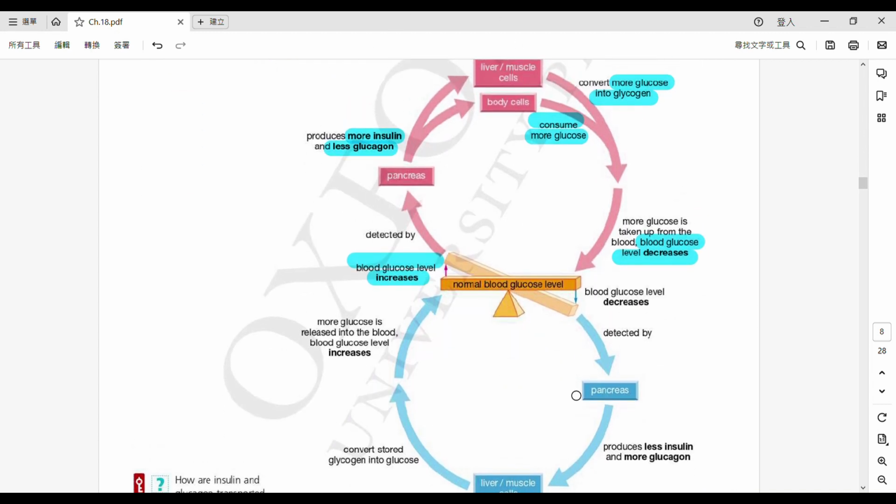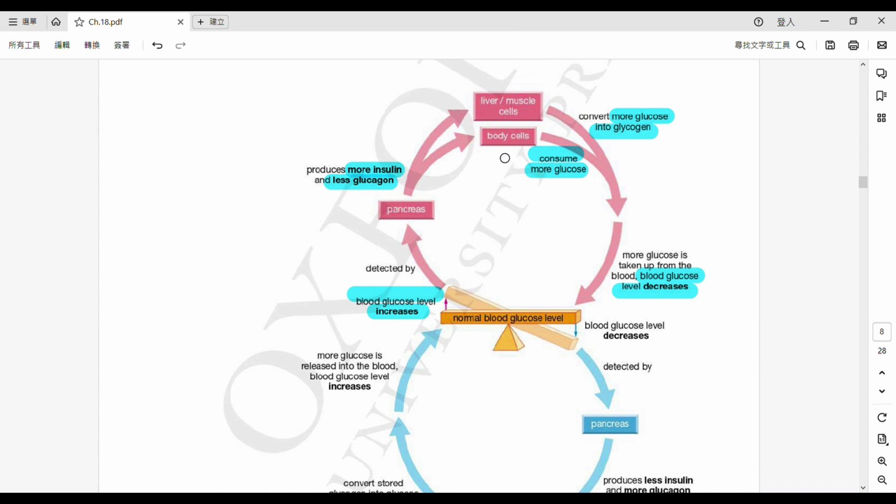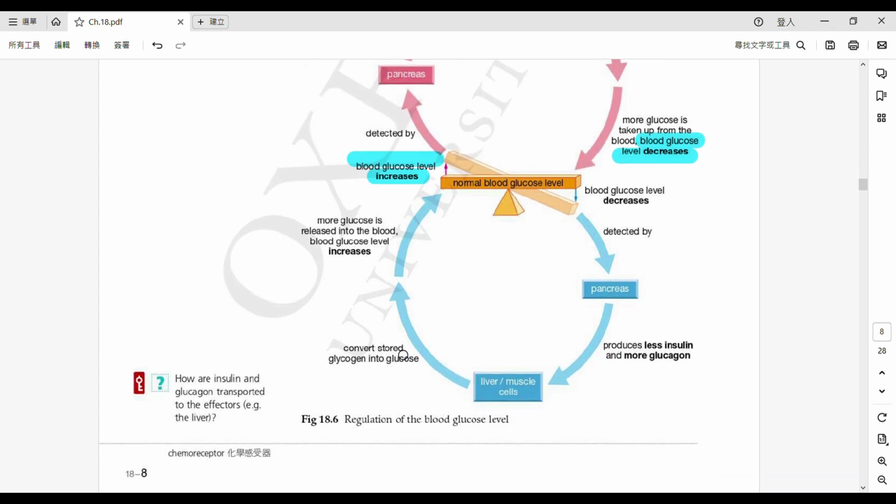Okay, so this one is like the diagram. Okay, so what we are talking about now is this one, the red cycle. 紅色呢一個位啦。So first one, glucose level increase. 所以啦，receptor 喺邊度？Receptor, the chemoreceptor in your pancreas 就會 detected 啦，所以啦 pancreas 呢個 coordinator 就會 release 就 produce more insulin 同埋 less glucagon。所以啦 two effects, one of them body cell consume more glucose for respiration，另一個 liver cell muscle cell 就會 convert more glucose into glycogen for storage。最尾啦，所以 therefore blood glucose level 就會 decrease 啦。This is one negative feedback mechanism。